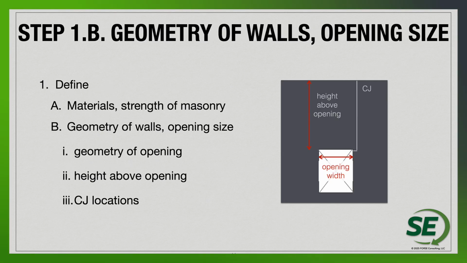The geometry of the wall, the opening size, that's going to make a big difference for the overall design. Looking at movement joints at openings is going to be really important to understand where those joints are. Really want to make sure with the reinforced masonry walls, we're looking for control joints to be away from the openings. That's going to be really crucial for the overall lintel analysis for the forces that you're going to get